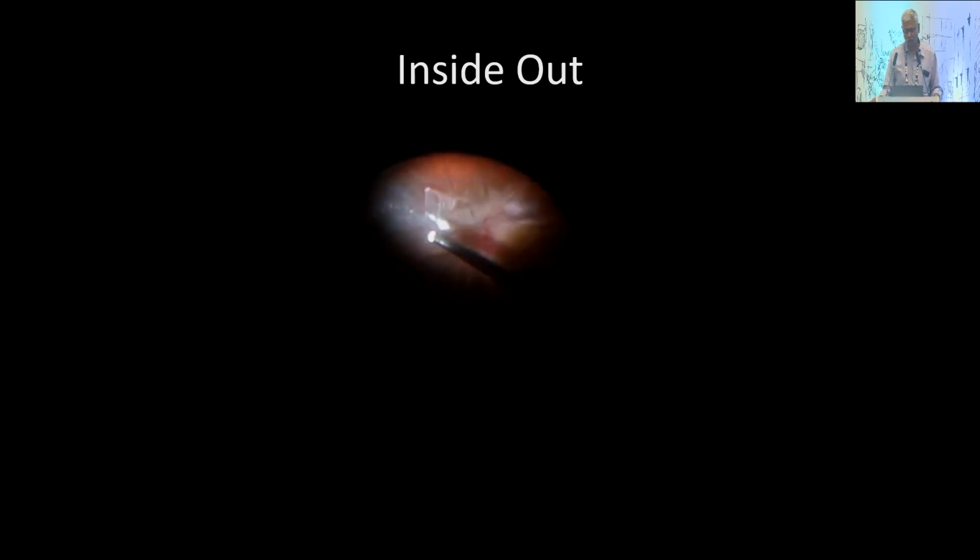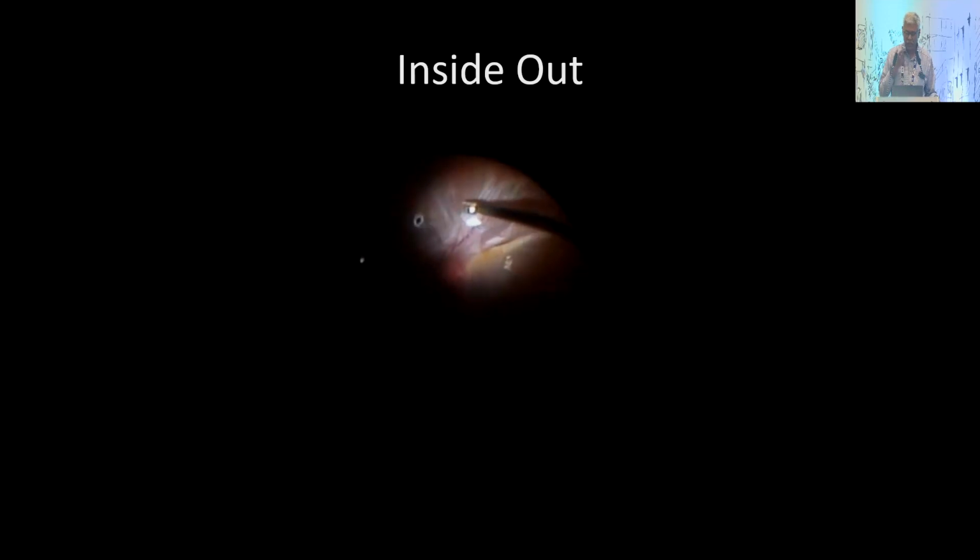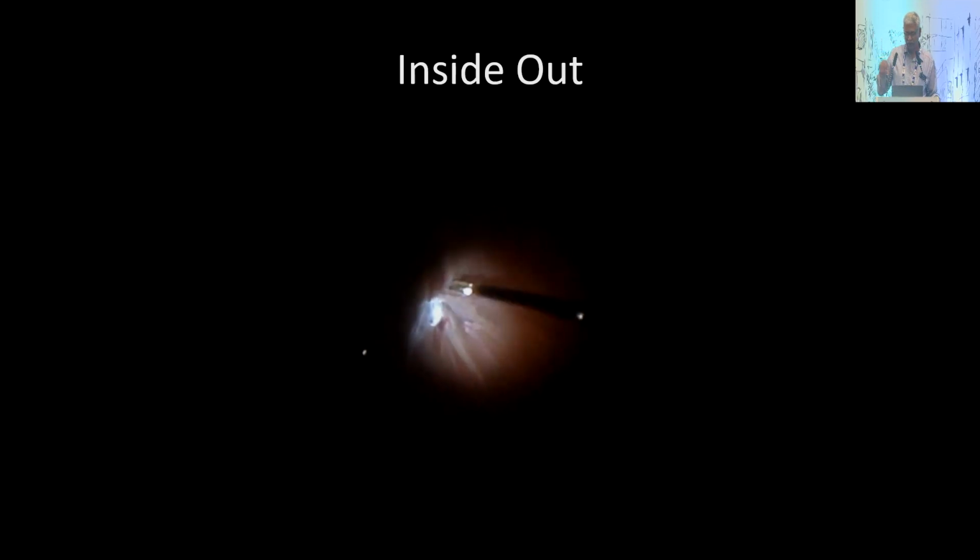then come around back to the posterior pole. That's how I prefer to do the surgery, because in the posterior pole you have sensitive structures like the disc and the macula, and you don't want to create a break there. And if it bleeds, it bleeds massively in the posterior pole, making the surgery very, very difficult in these eyes. So I usually start peripherally. Outside in is what I prefer, but if I do inside out, once again, I start inside, go out, and then come back inside.